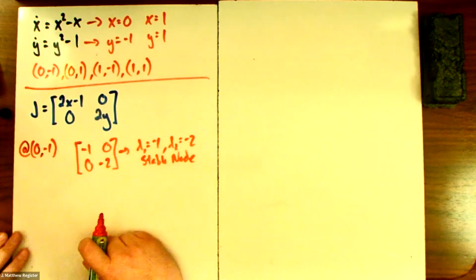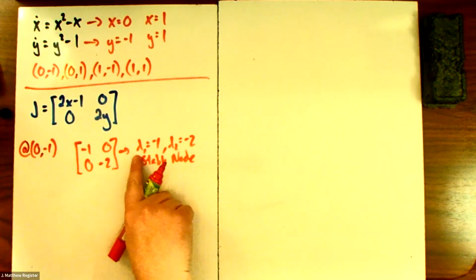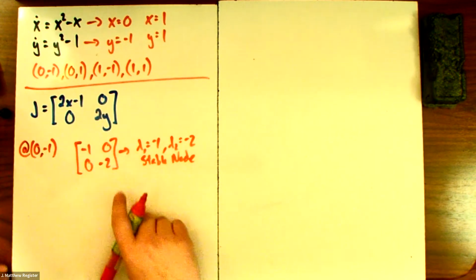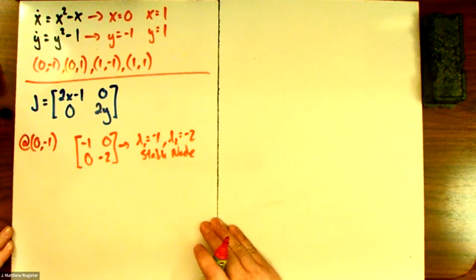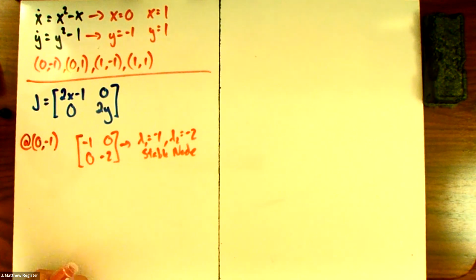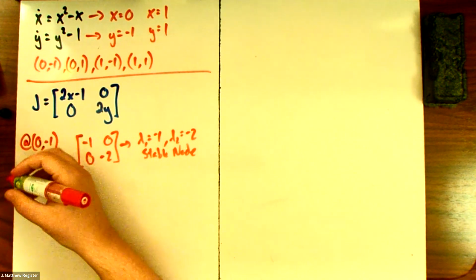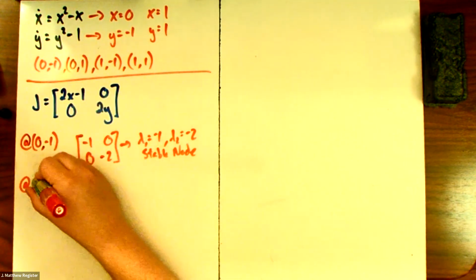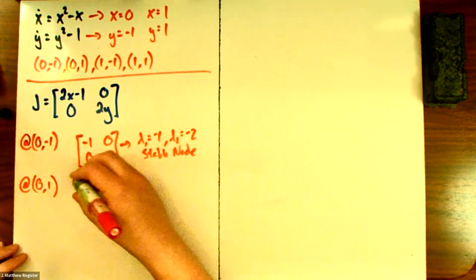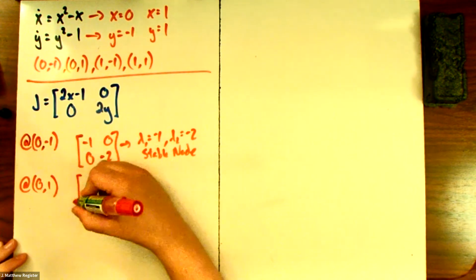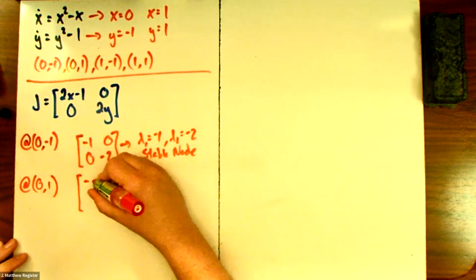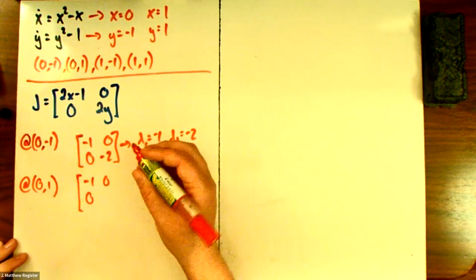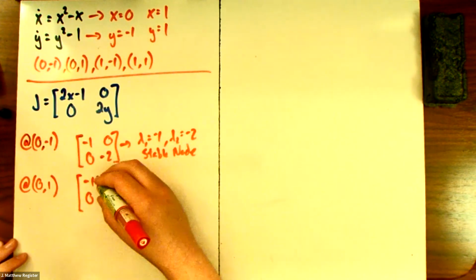Because both eigenvalues are negative. Note, this trick for the eigenvalues only works when you have a diagonal matrix. If we didn't have a diagonal matrix, we would have to go through the standard characteristic equation in order to determine what the eigenvalues are. At the next one, 0, 1. Same process. And so now we're going to get a -1, 0, 0, and it's going to be a,